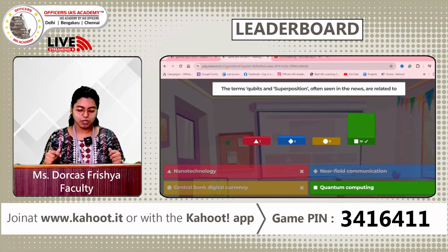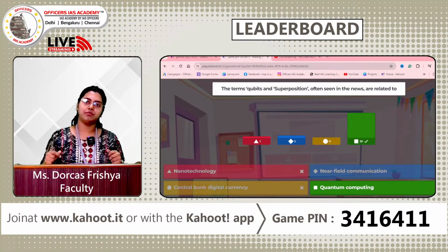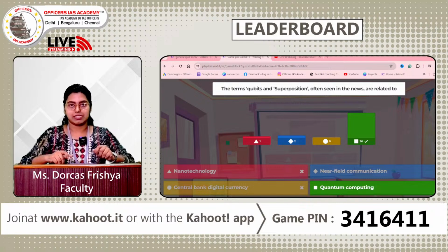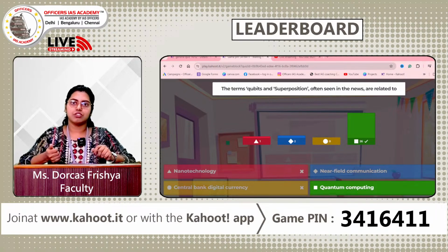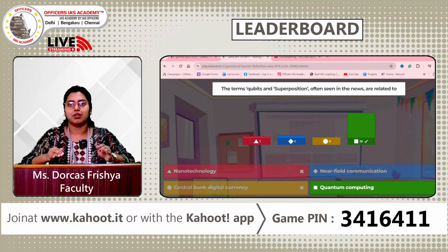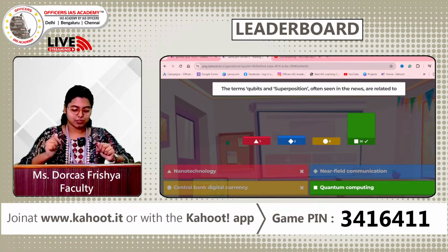Alright, and looking at the third option, that is central bank digital currency. Basically it was introduced by our government, precisely by RBI, in order to counter cryptocurrencies. Okay, the craze of cryptocurrencies, in order to counter that, this was introduced, and this usually aligns with our fiat currency. Now what do you mean by fiat currency? It is the currency which is legally used by the government. So when you talk about the Indian government, it is of course the Indian rupee. So you can kind of peg the Indian rupee with respect to CBDC. Alright, so let's look at the leaderboard now.